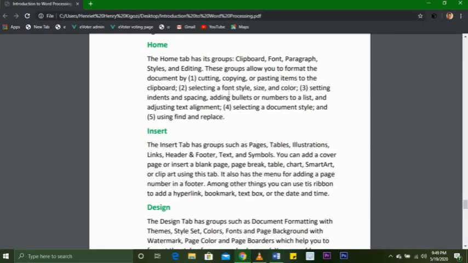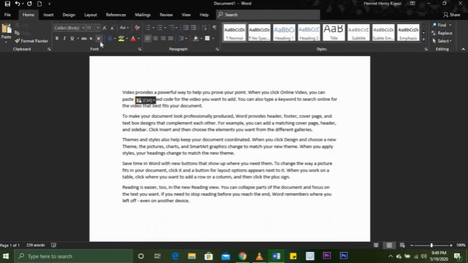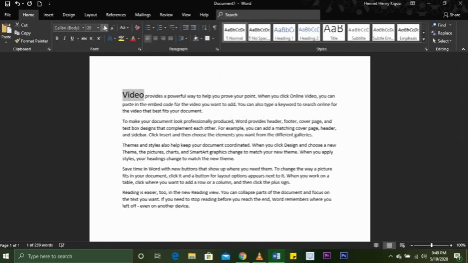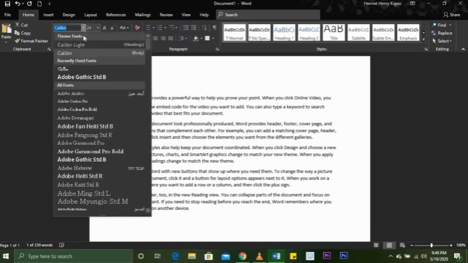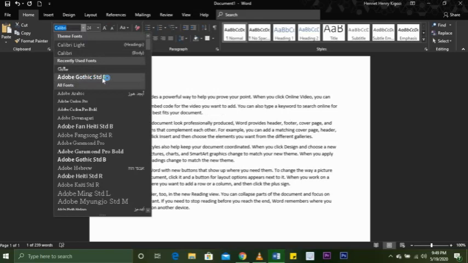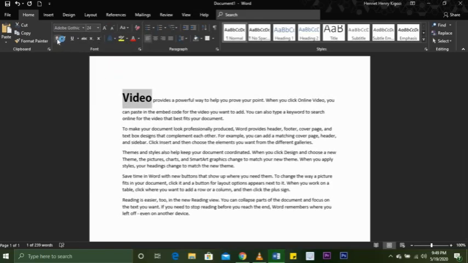Number two, selecting a font style, size and color. Now under the font we can select the font size. When I click on this, I am making the font size bigger. I can change its font style like that. I can make it bold, italicize, underline,